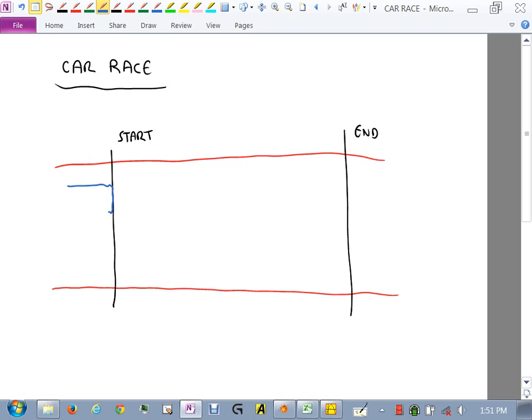Car A is here, car B is here. Let's not even concern ourselves with how long the track is, but we start the race, they take off, right? They're racing, they're racing, they're racing. And then at the end of the race,